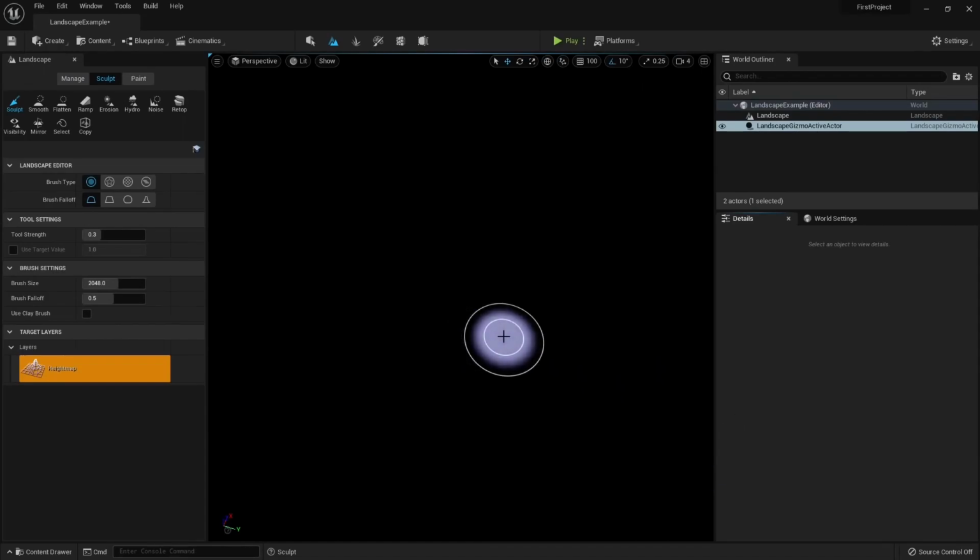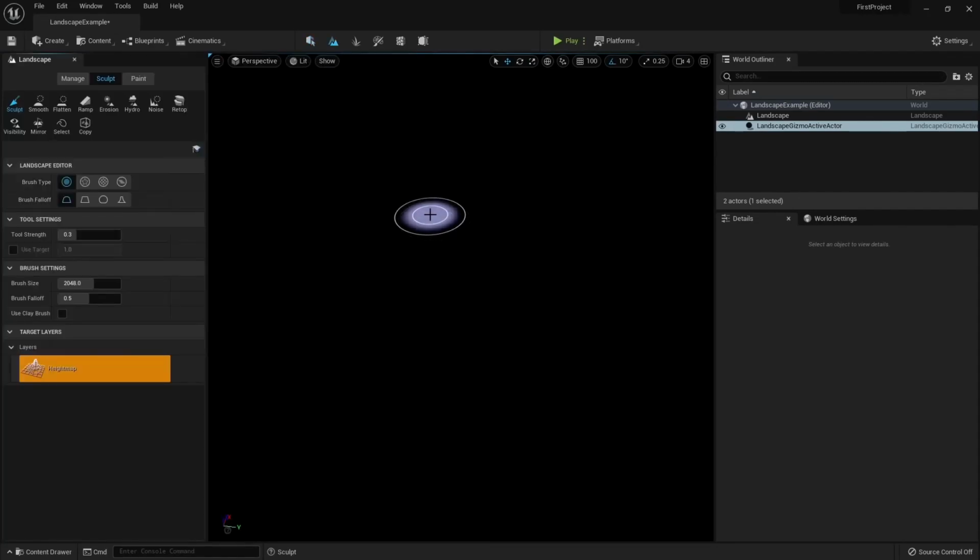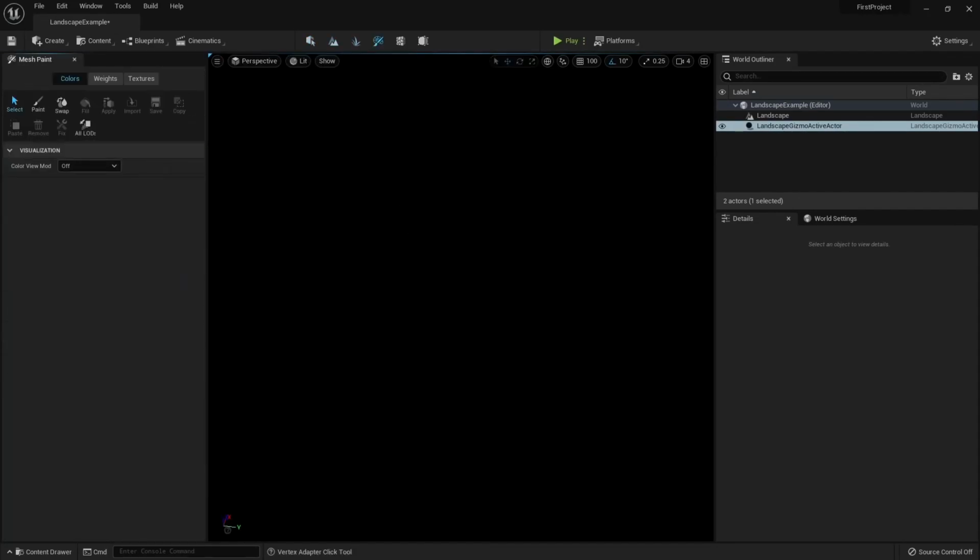So this will create a landscape, and of course we don't see anything because we have to light our scene. So we're going to go over the basics of how I would go ahead and light an outdoor scene just like this. So I'm going to go back into place actors mode by clicking on this button right here, or if you probably noticed, I use a shortcut. So Shift F1 to go to this mode, Shift F2 for landscape, 3 for foliage, 4 for mesh painting, and so on. And don't worry, we're going to go over what the foliage tool is in just a bit,